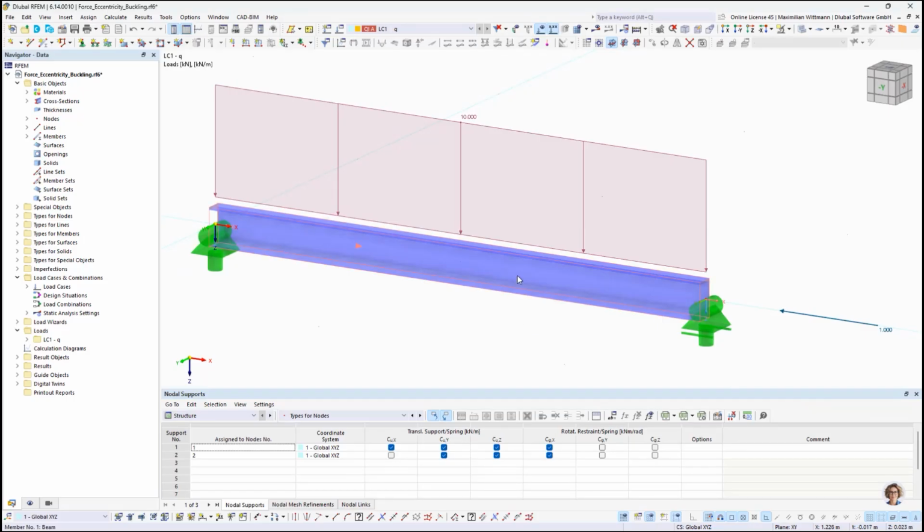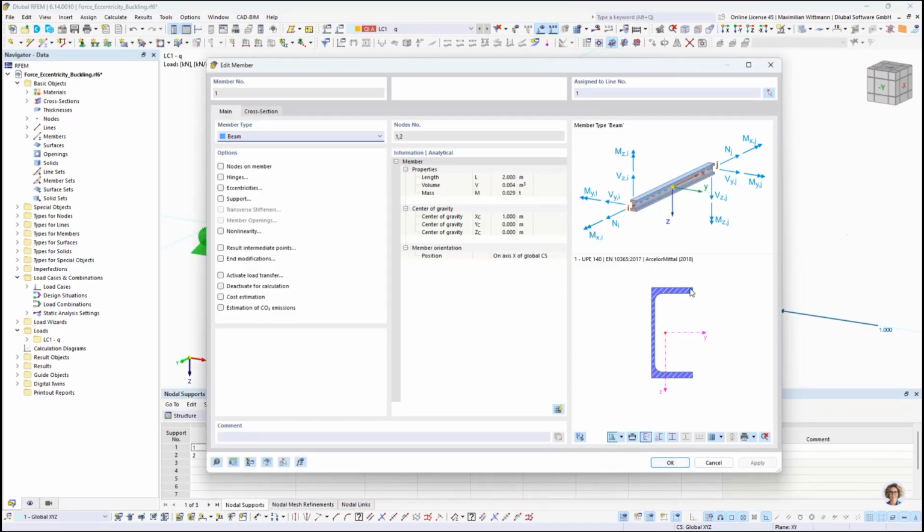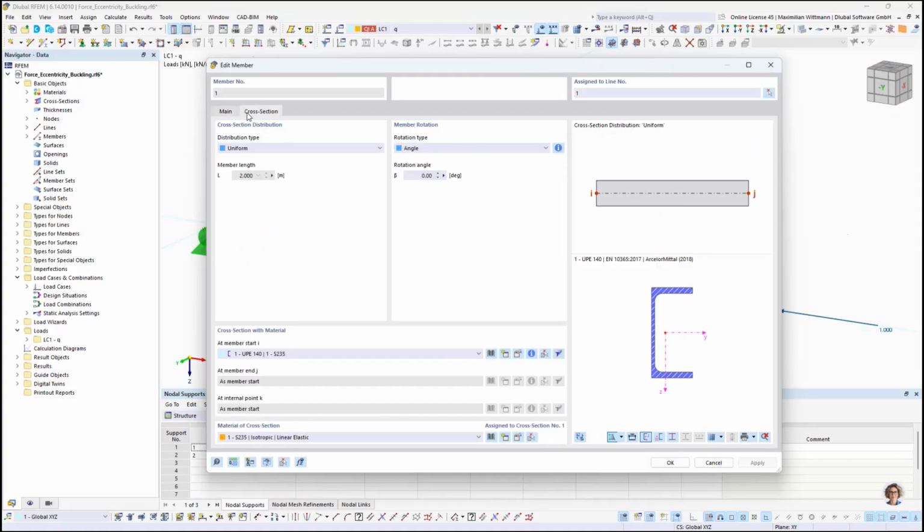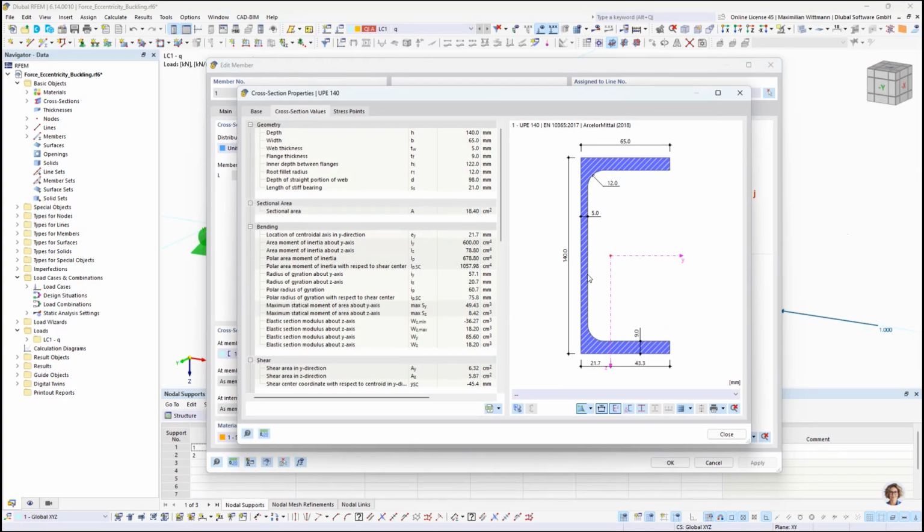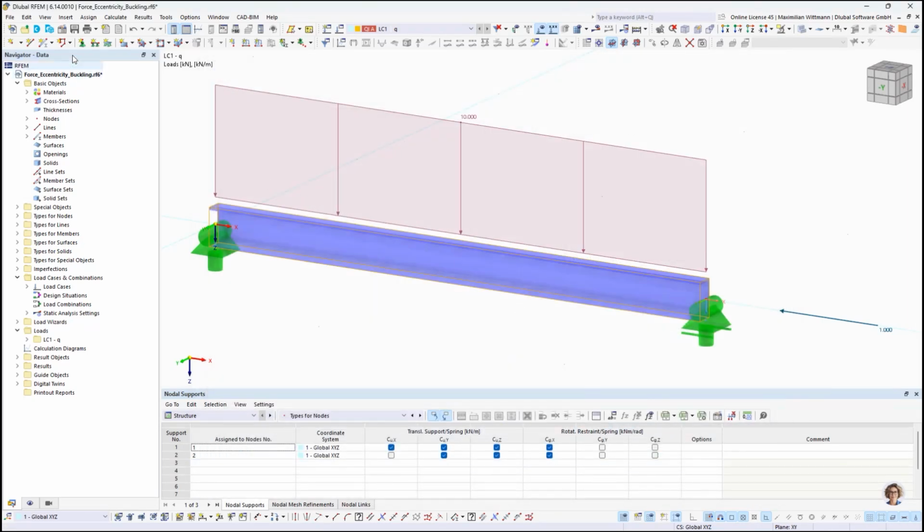Okay, let's have a look into the cross-section itself. And as you can see, we have here a thin-walled open cross-section. And I think most of you are aware that here torsional buckling plays a really important role. But we will come to this point later. Let's go to the details of the cross-section. And what is also important is that we have a distance of the centroidal axis of 21.7 millimeters. And this, of course, has later an effect on the eccentricity of the external load. All right, so let's go to the